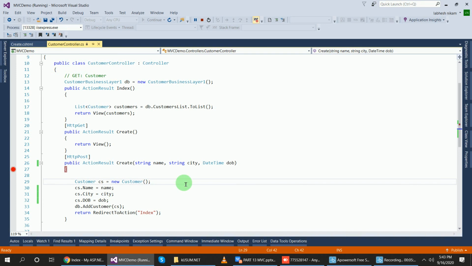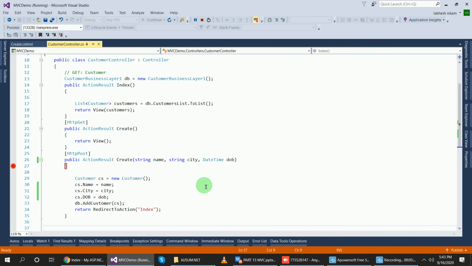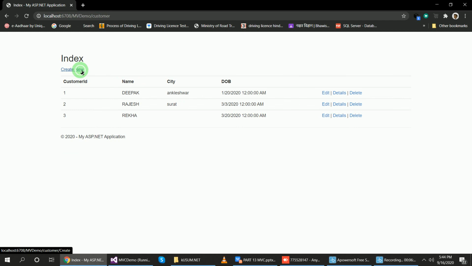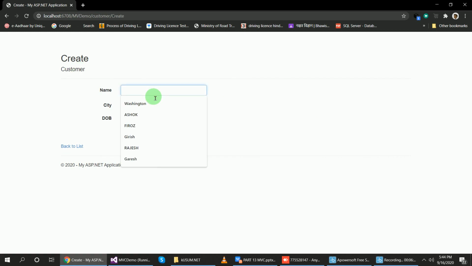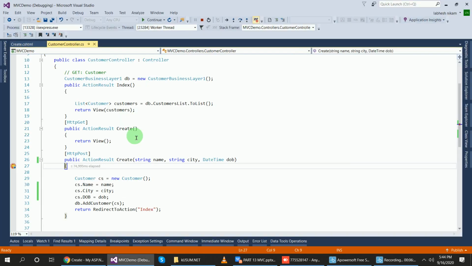Okay, that was another problem. Here all the parameters must be passed, no null parameter. So we run once again and see, create new, pass name Manoj, select city Mumbai, suppose this one. Check here by pressing F10: name Manoj, city Mumbai, date of birth this one.